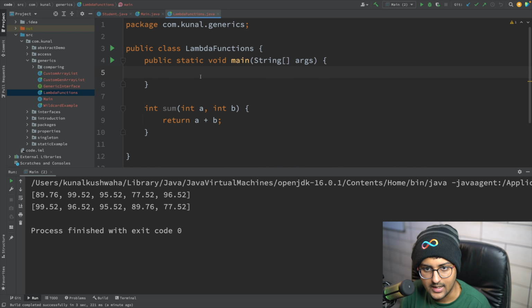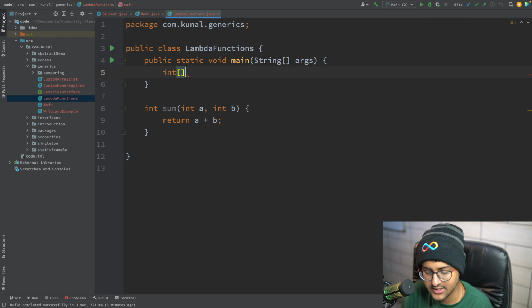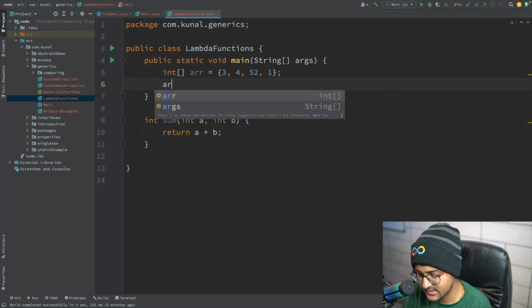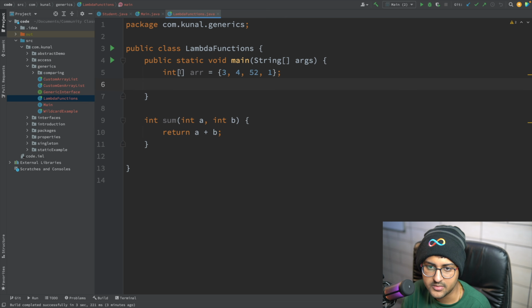Very simple. Something I can do over here is, let's say I have something like an integer array. Okay, I can say something like 3 4 5 2 1. I can say array dot for something like this, or no, this is a primitive array. So an object can be an array list or something like that.